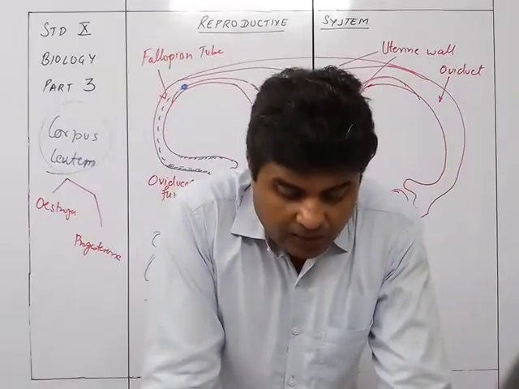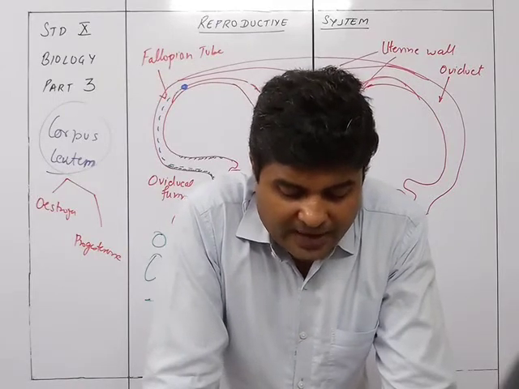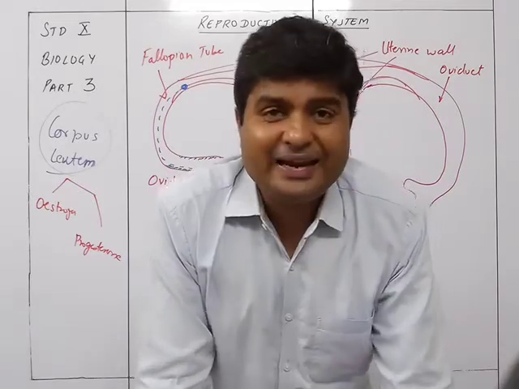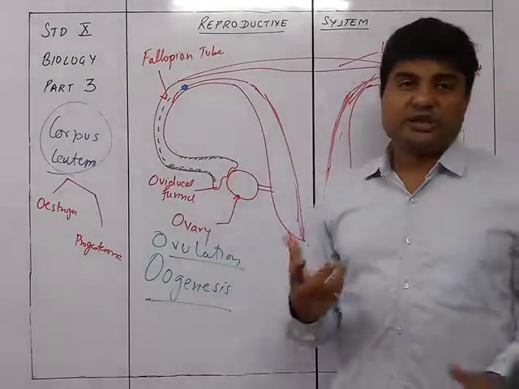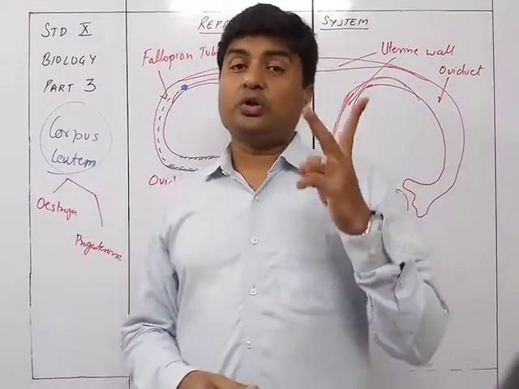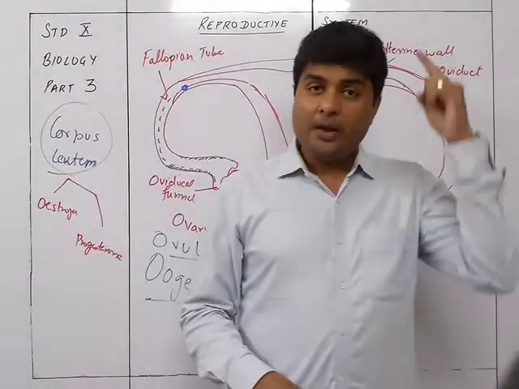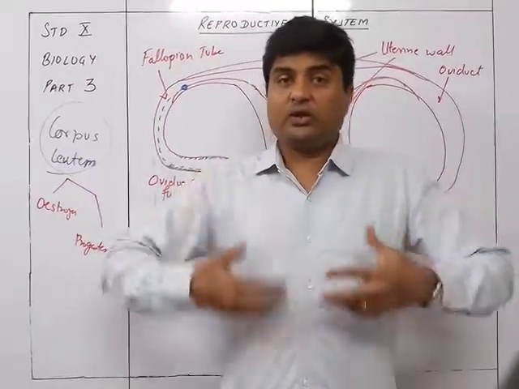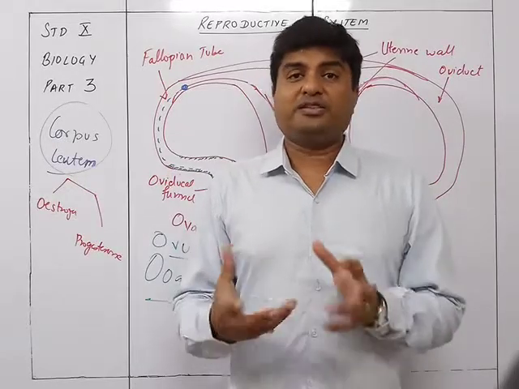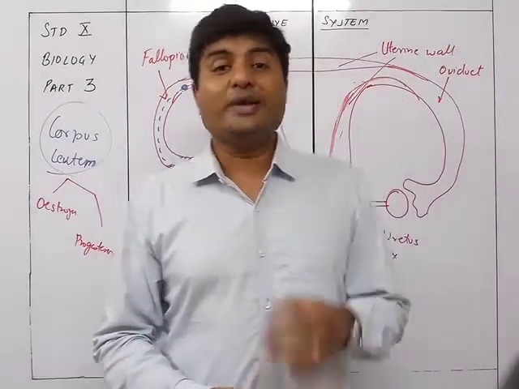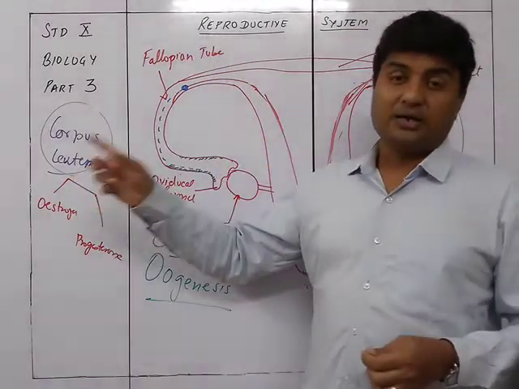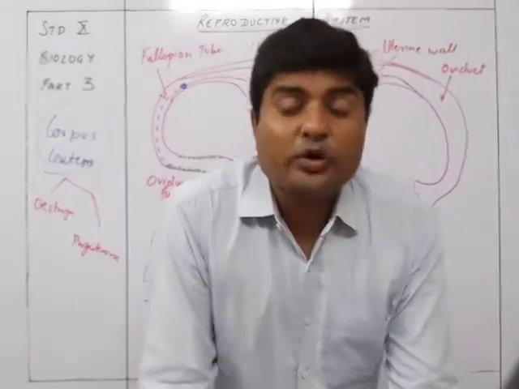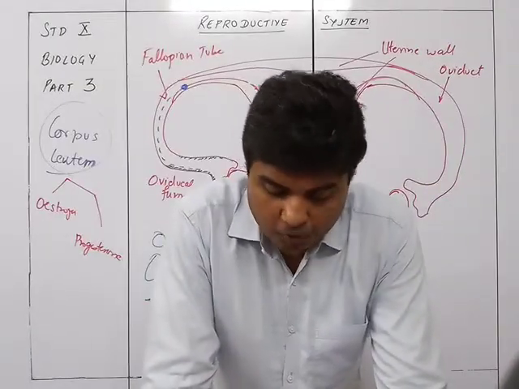The two hormones produced by the pituitary gland, follicle stimulating hormone and luteinizing hormone, promote the maturation and release of the ovum. The follicle stimulating hormone is going to stimulate the follicle to form the graafian follicles. That's why it is called follicle stimulating hormone. And second, luteinizing hormone. Why? A corpus luteum had to be formed, so luteinizing hormone is going to act on the follicle. So these are the two which promote the maturation and release of the ovum.